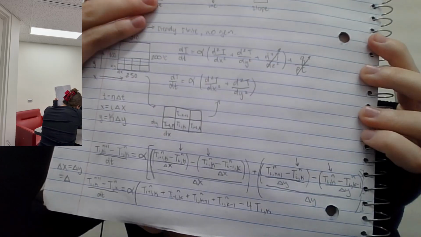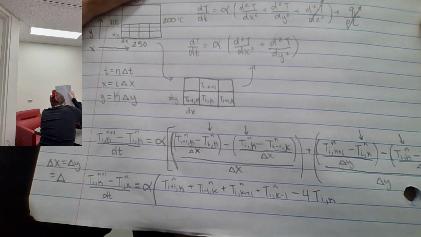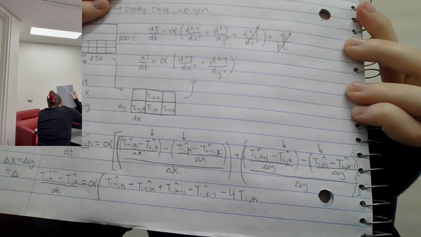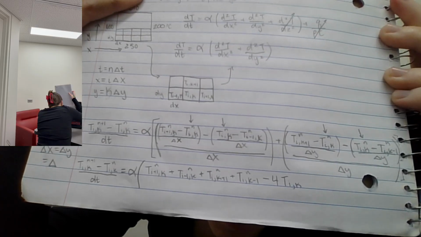So all I've done is distribute those negatives into the parentheses and rewrite so that we have our changing x and y temperature positions first, and then our temperature at the position that we're currently at last, because that term